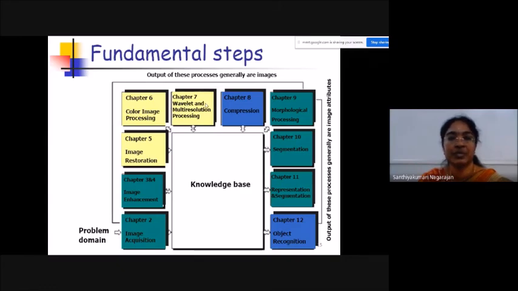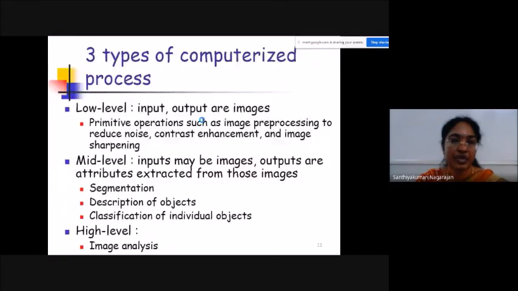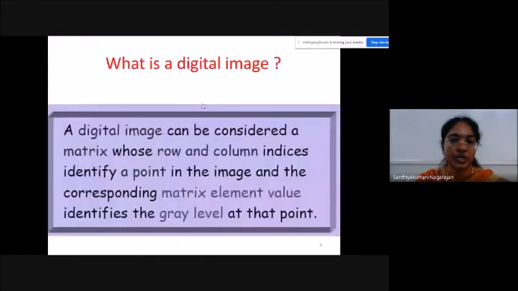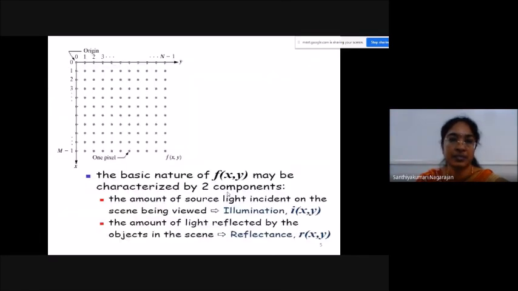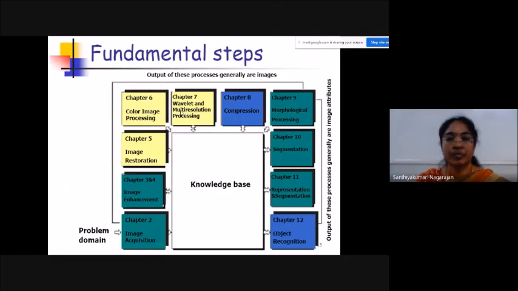Then coming to wavelets and multi-resolution processing, you have already come across the significance of the Fourier transform and other things. It supports two-dimensional analysis alone. If you want to analyze that information in a multi-dimensional manner, as I have already stated, the image might be two-dimensional, three-dimensional or of higher dimension. In order to analyze these, wavelet transform and multi-resolution processing steps are needed.